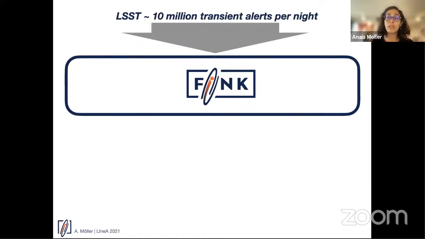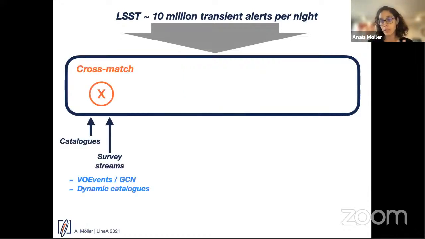And then all the alerts that pass those quality cuts, we actually make cross matches. What does that mean? We basically take the coordinates of this object and we try to see if there is a catalog like CDS SIMBAD that you may know that has an object in that position or close by.